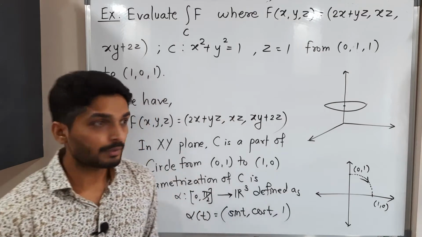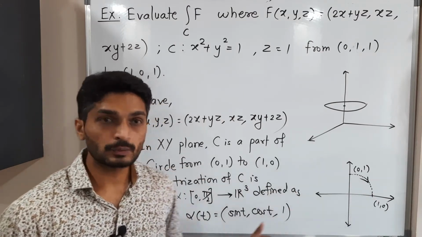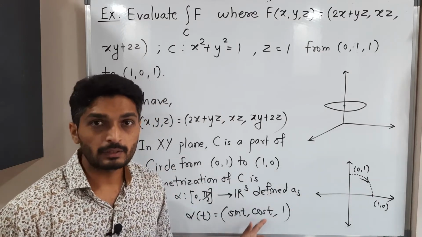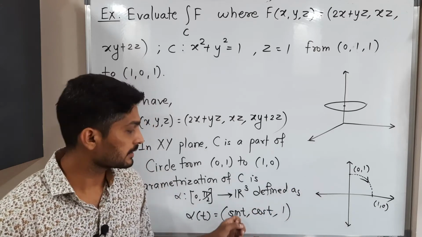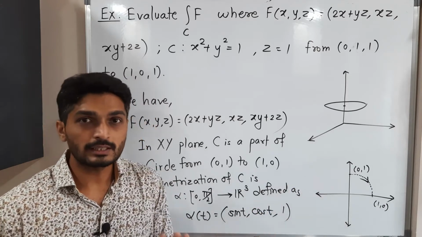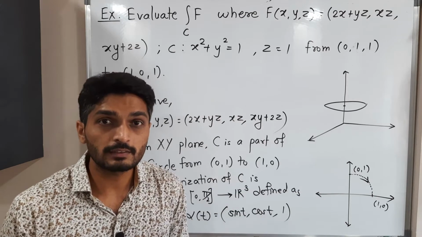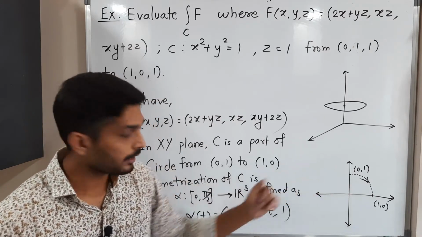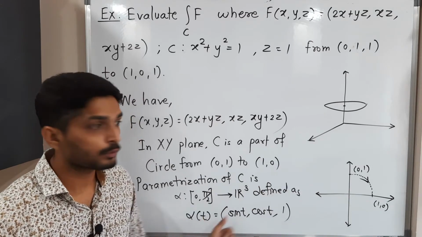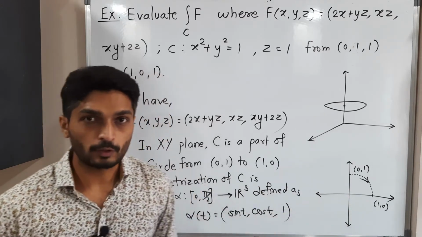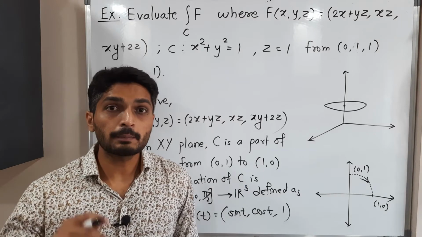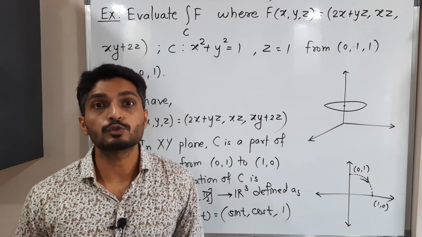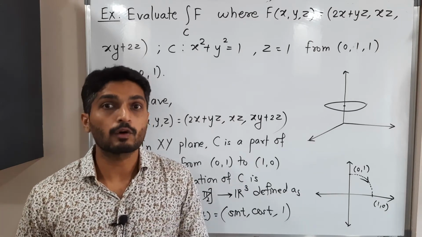Getting? So when we have a circle in this direction, we consider cos t, sin t, but we have the opposite direction, that's why we can consider sin t, cos t. You can easily verify it. Okay, you can easily verify it by putting t is equal to 0, you will have the starting point, and if you consider t is equal to pi by 2, you will have the ending point. Okay. After defining the parameterization, our first task is to find its derivative and f of alpha of t.